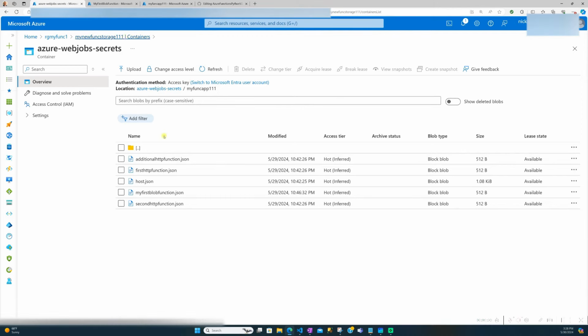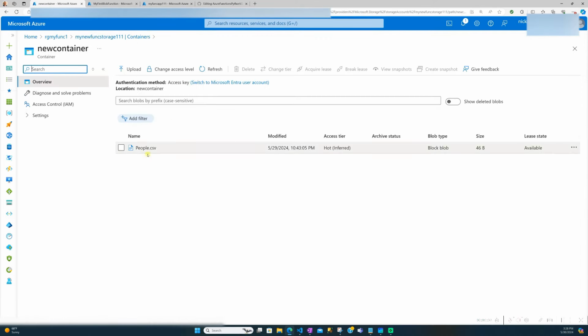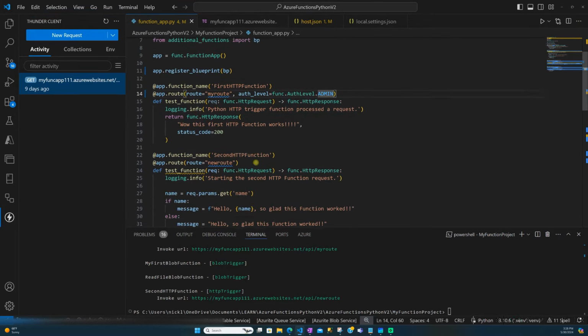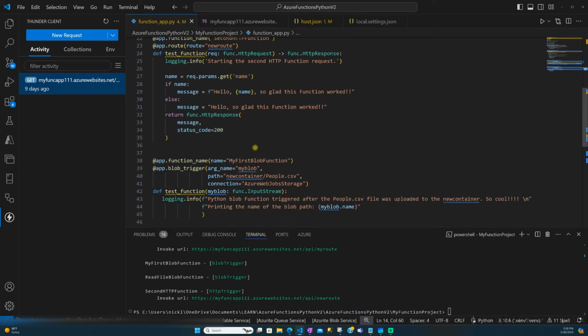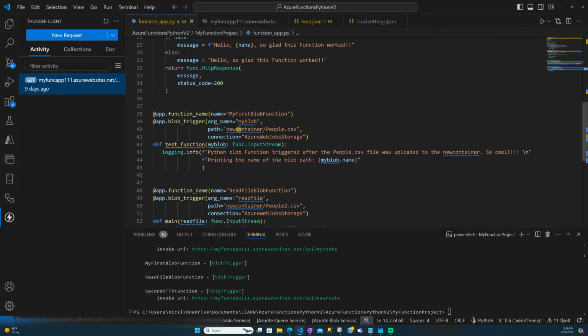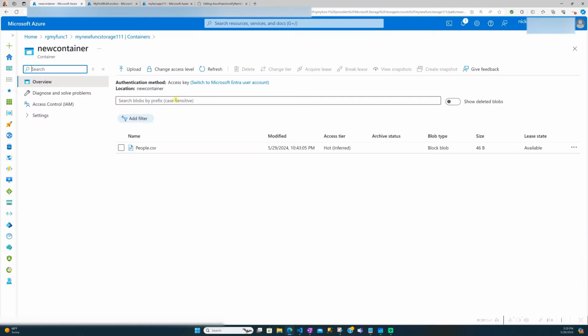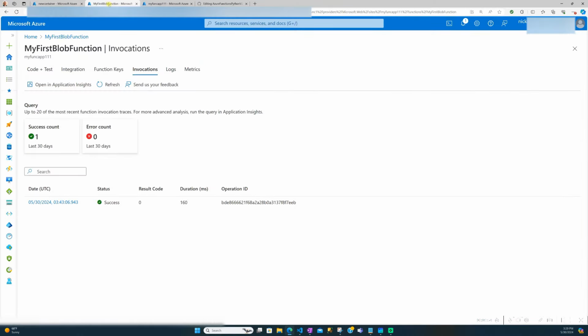Now, if you see, I create a new container and I upload a file called people.csv. Now that's going to hit this blob function, right? This one right here. We're in a new container, a people.csv file. Once it's uploaded, it's going to trigger this. And it's going to show, hey, this file is uploaded, so cool, right? That's what we want to do in the logs. So how does this work? So once I uploaded this, what you can do is you can go